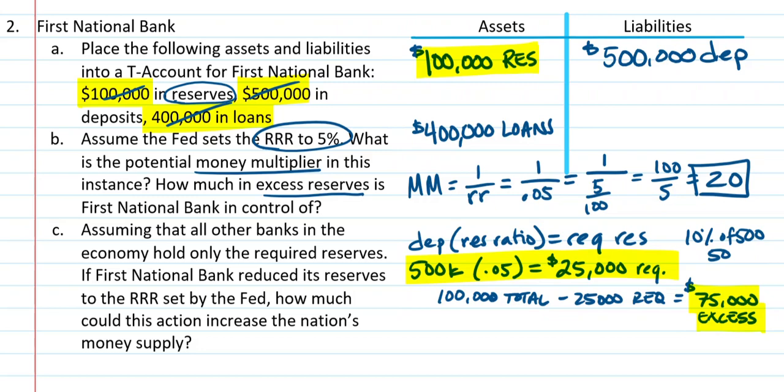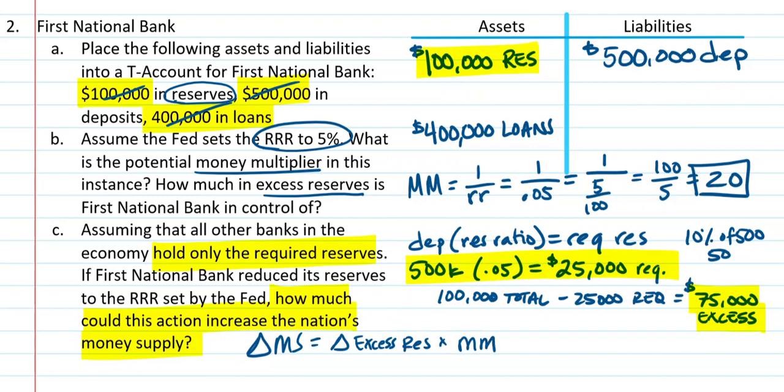So then the last part of the problem is the classic banking question here. How much can the money supply increase if they hold only required reserves? If this bank drops from its total reserves, gets rid of all of its excess, and goes down only to required reserves, we remember that the change in the money supply is equal to the change in excess reserves